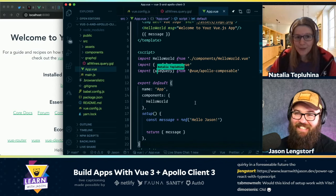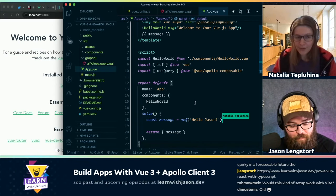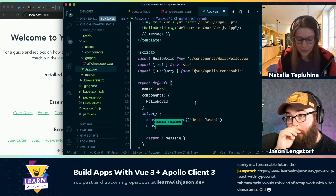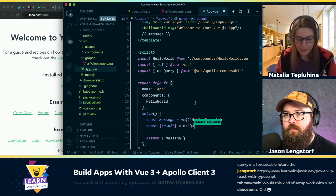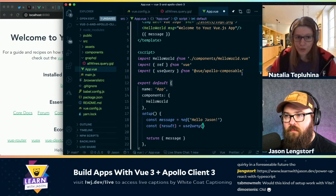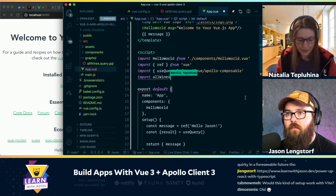So we have used query here. And now we are going to make an API call. So I want to have some result. And I want to call a GraphQL query. And I need to import my all-wines query GQL. So let's go and import it here. Import all-wines query from,